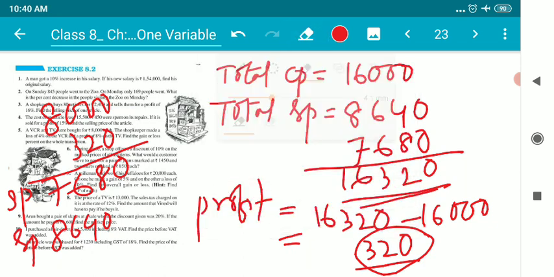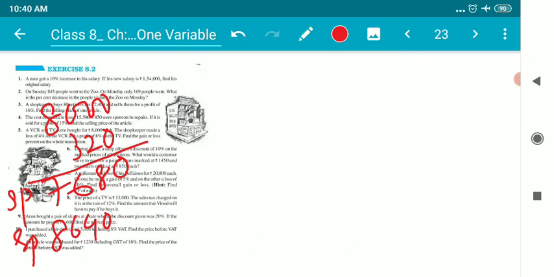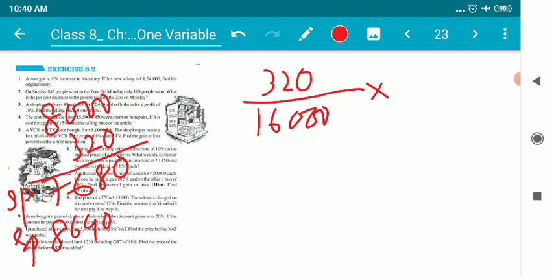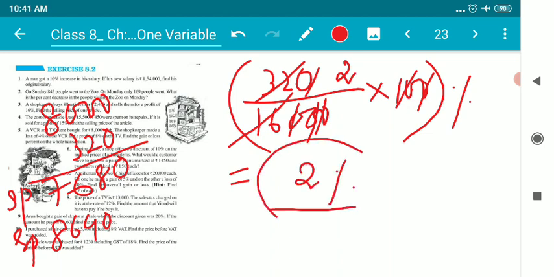Then how will I find the percentage of profit, children? The total percentage of profit is total profit, 320, by the total buying price, 16,000, into 100, in order to get the overall percentage of profit. 0s cancelled. 16 2s are 32. He actually made a 2% profit overall on selling the VCR and TV. I hope it's clear to everybody. Please try out this sum in this way.